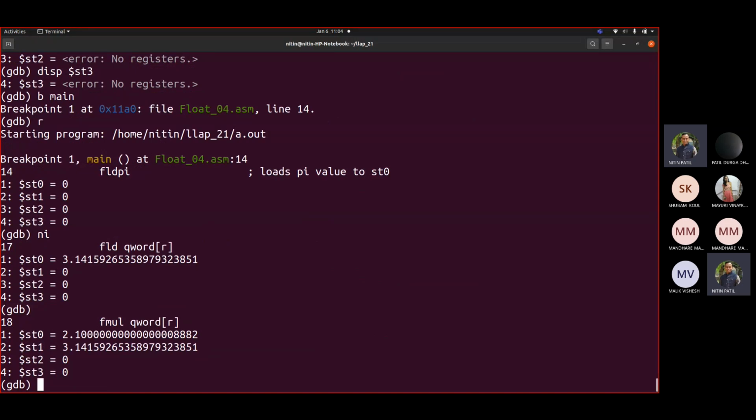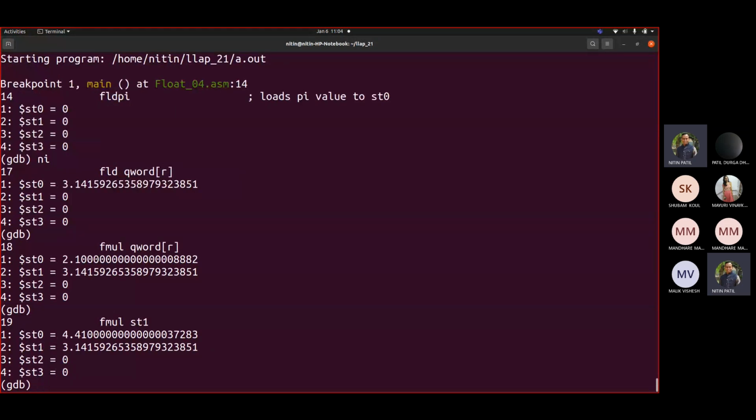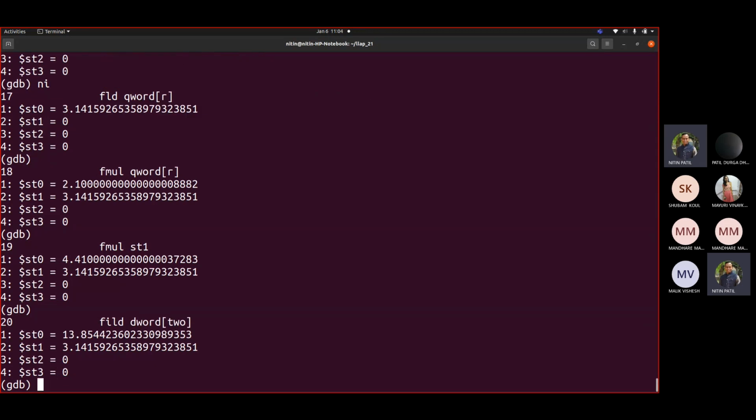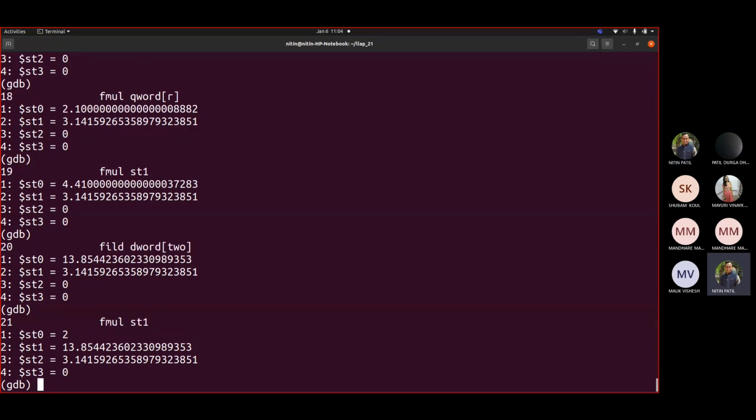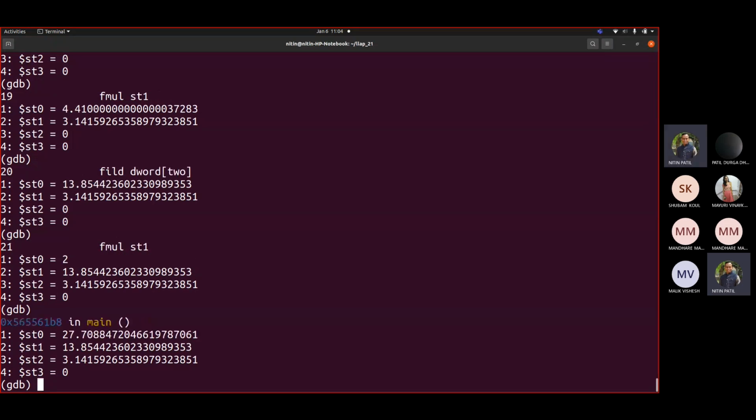Now you can see 2.1 and 4.4, correct. This is how it is 2 pi r square. Is that fine? So try these instructions on your own and see if you face any difficulty in working with all this.